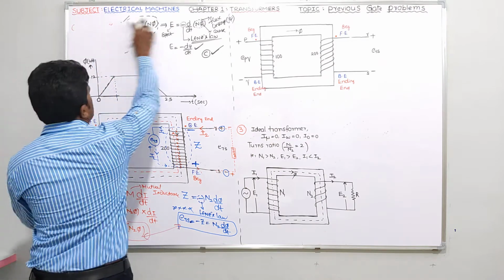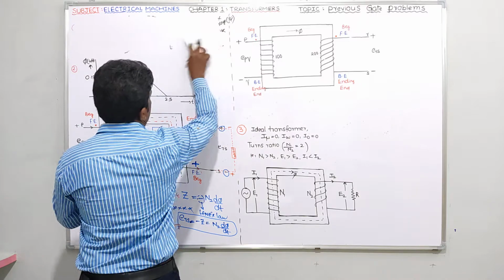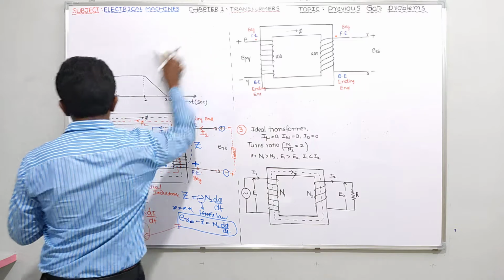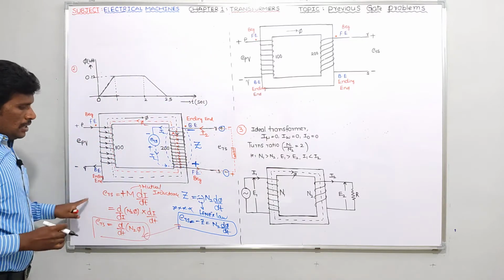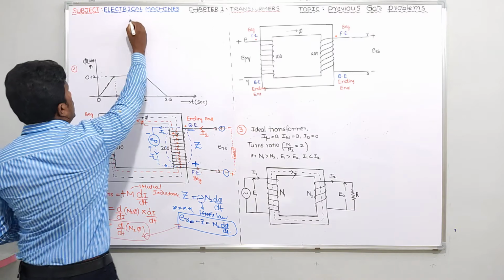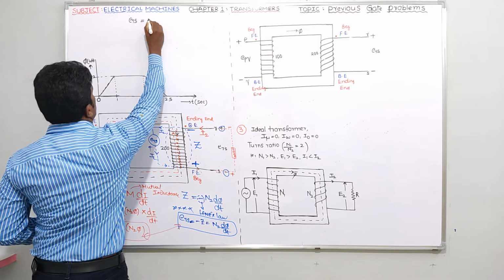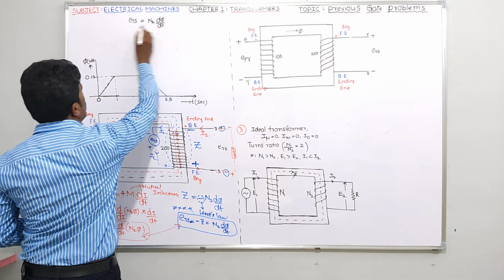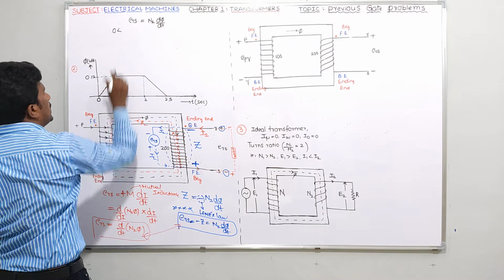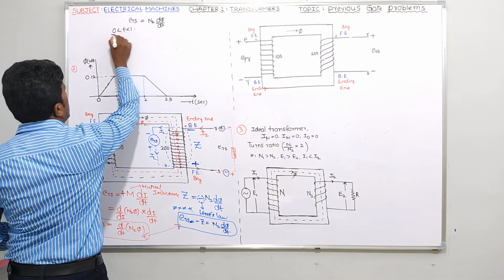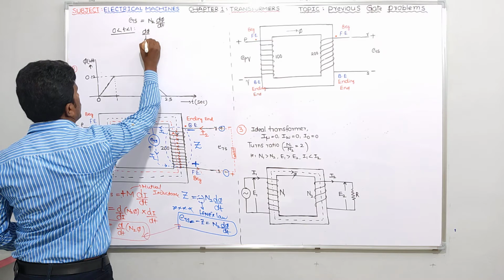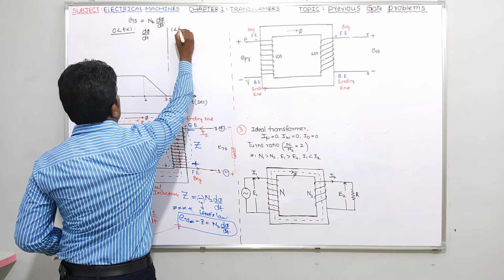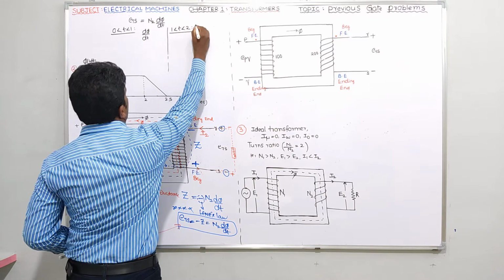So please let me solve the answer to question number 2. Okay guys, now this is the formula you have to use. I told you, right? ERS is equal to N2 d phi by dt. It's a very mathematical question only, and from now onwards it's very easy. For 0 less than t less than 1 in this region, tell me the d phi by dt value. Next, 1 less than t less than 2 in this region, tell me what is the value of d phi by dt.